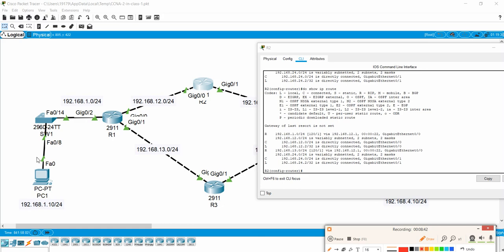So we're seeing that this network, look at this network right here as I draw. This network right here is the network that I have here on the LAN, right? And it's saying that I'm learning this by way of 192.168.12.1, which is the IP address that I have configured here on this router, right? So R2 is learning that, and R2